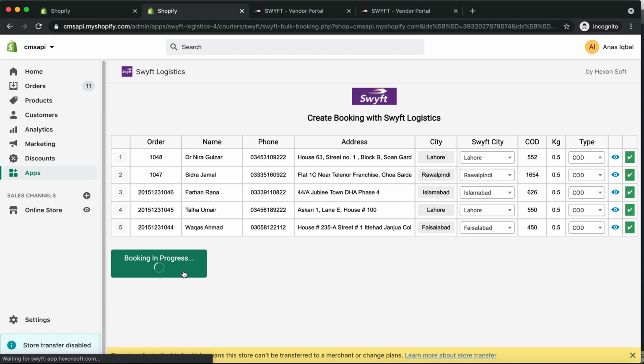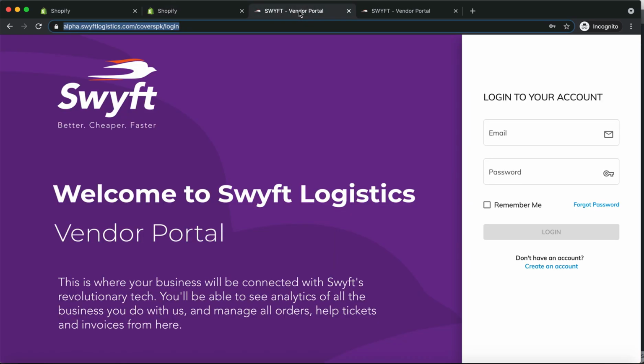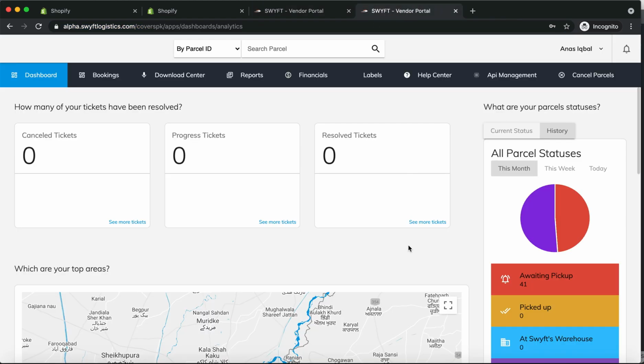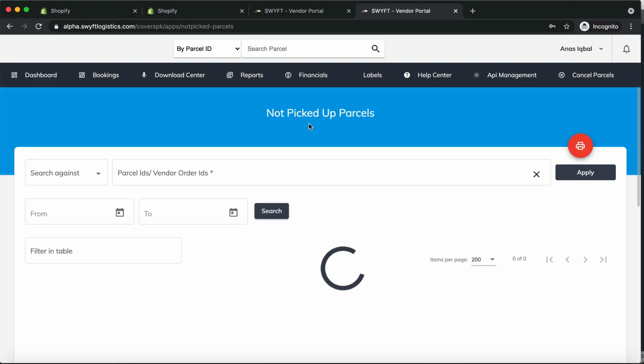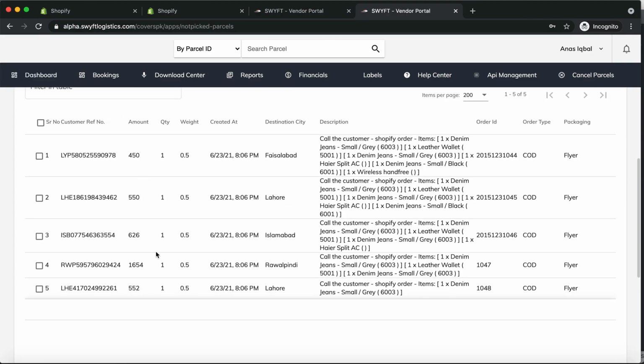The booking in progress. Okay, now all these orders are booked, and here are the tracking detail and the fulfillment status. Now log into your Swift Logistic portal or go to your label screen, and here is the detail of the orders.